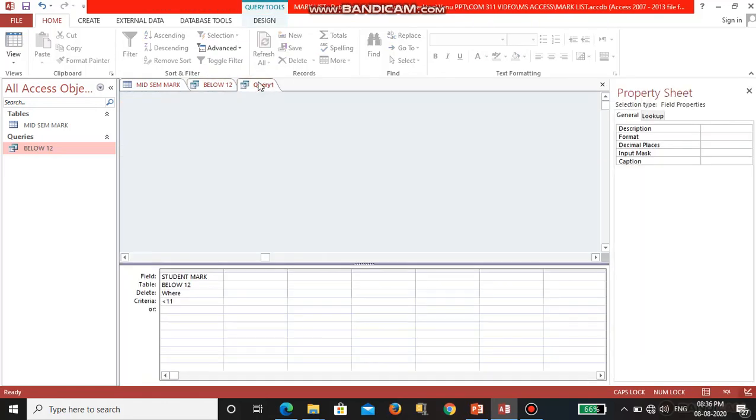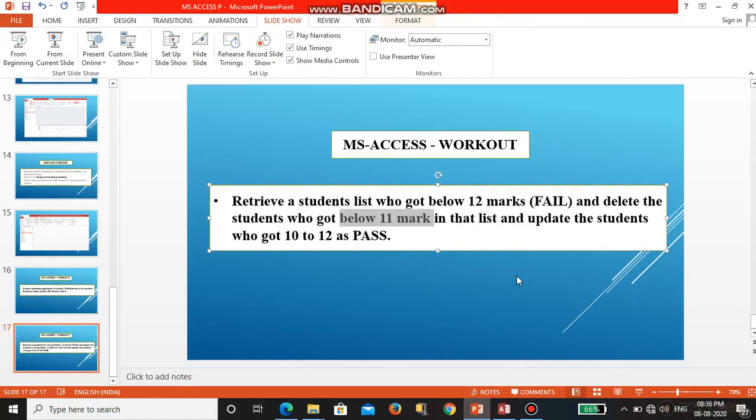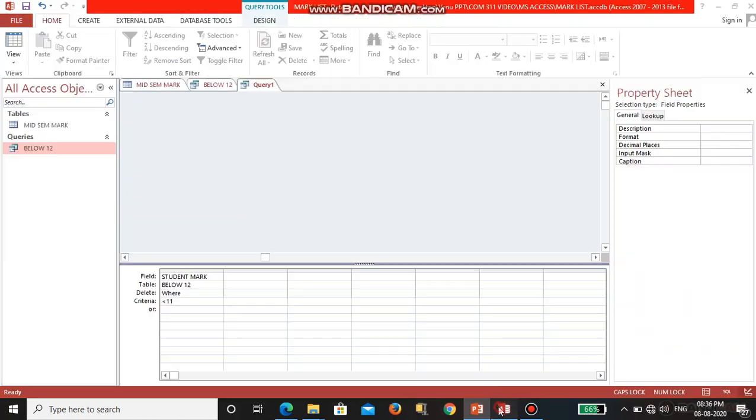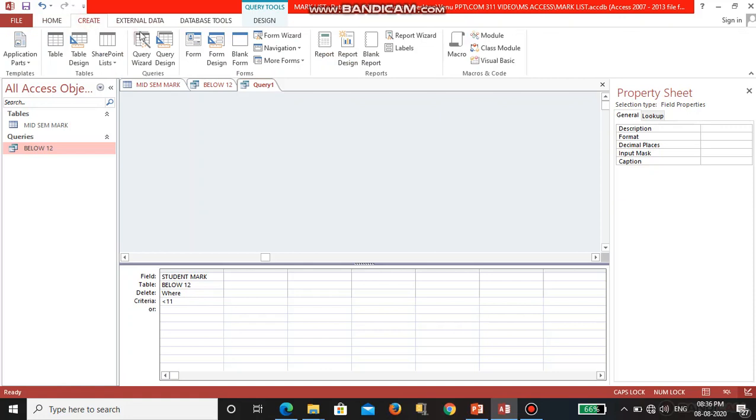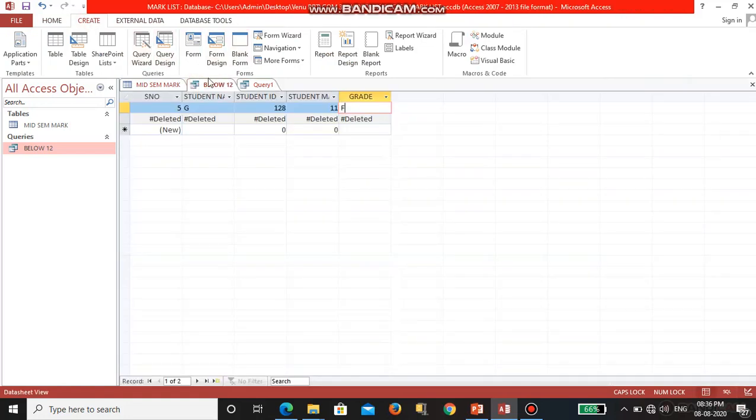After that, what I want to do is update the students who got 11 12 as pass. So here what I am doing is, see here, I want to go here to create. In create, first you choose this table and then you go to query design.